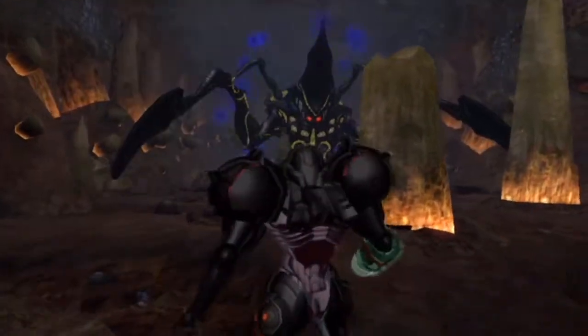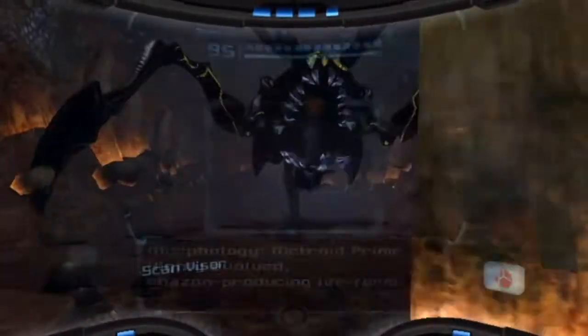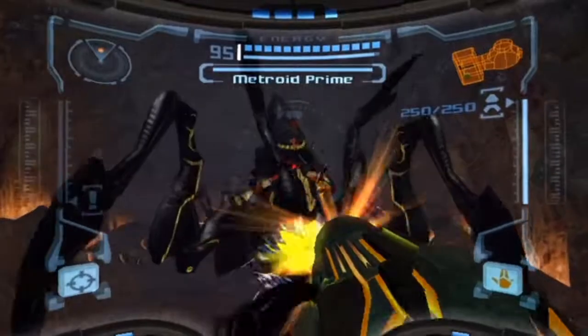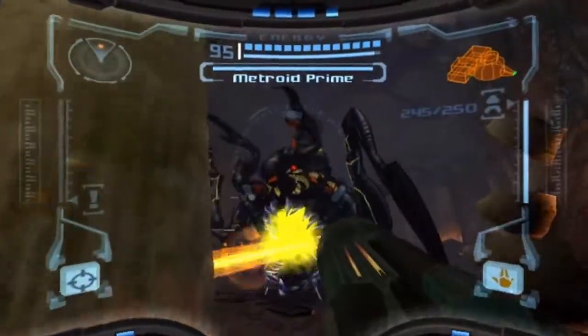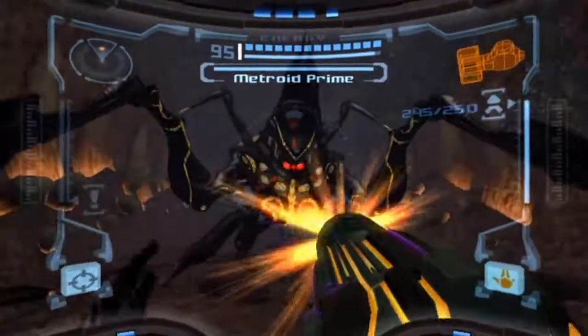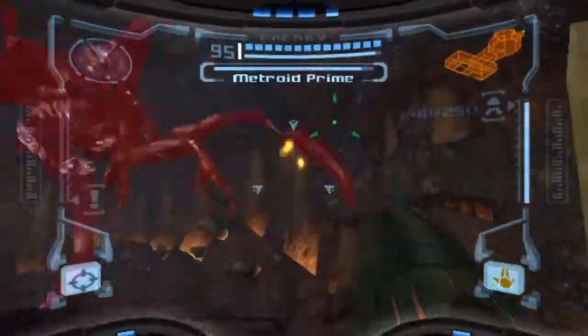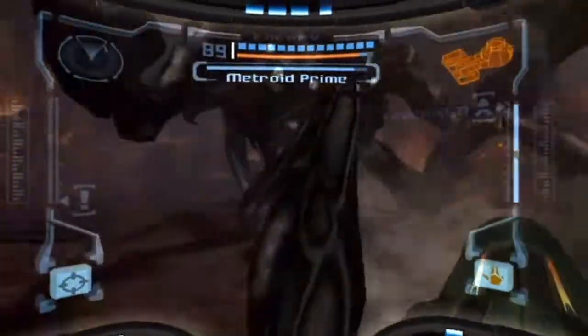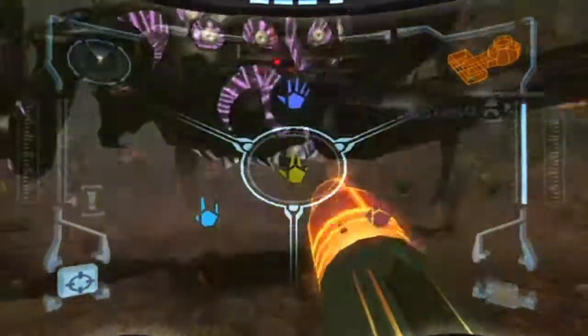Engage Metroid Prime. We are actually fighting the game now. Scan it. Boom. Done. Now, Metroid Prime is color-coded to your beams like everything else is. Near enough. Super Missile it once, and it should die after one more pedal shot, and then it'll attack, and then change, and then...